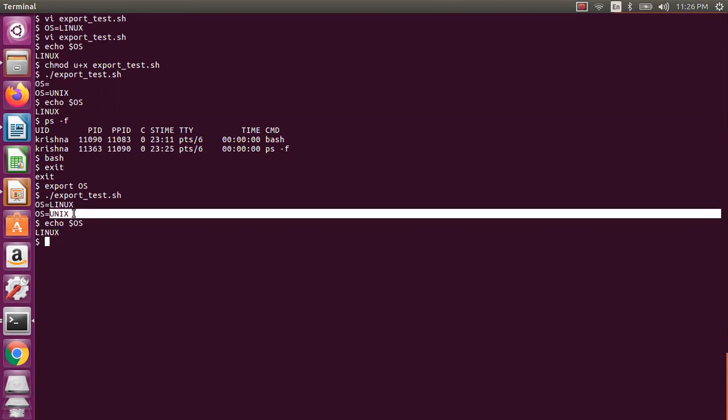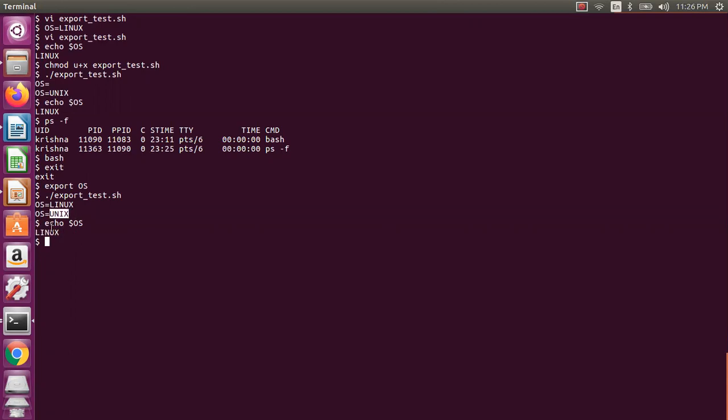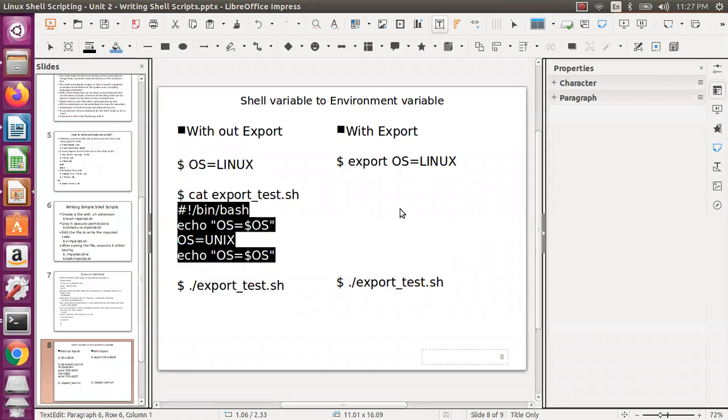In this case, the OS got filled because it is visible to the subshell child process. But whatever you do in the child process, it exits with the child process, so it will not be visible to the parent process. Again, it is the same thing we saw in the first script with PWD: after you come back, it returns to the same old value. Why? Because it creates a shell, creates a process, executes all this, then destroys the process and exits from that shell. So it is not visible once the shell is completed. That is the reason behind that.